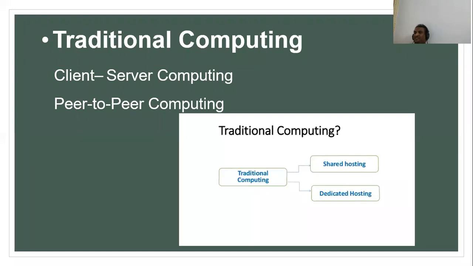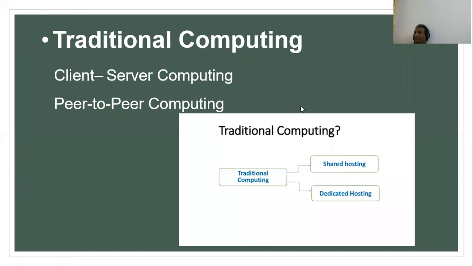Client server computing is nothing but, a simple example: I'm connecting my computer to the internet. Take Zoom itself, from my computer I'm able to connect to the internet. That is what we call client and server connection. Peer to peer means one to one connection. Only one computer can be connected to one more computer. That is what we call peer to peer.